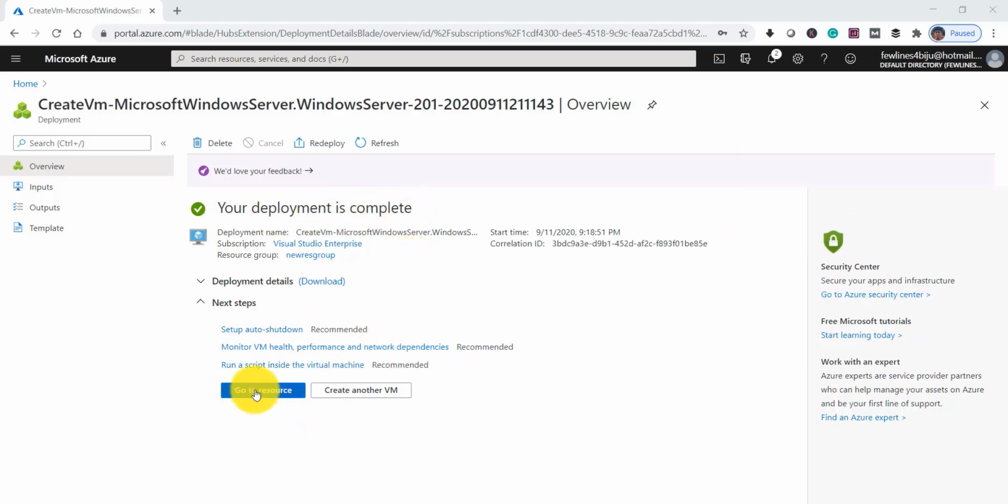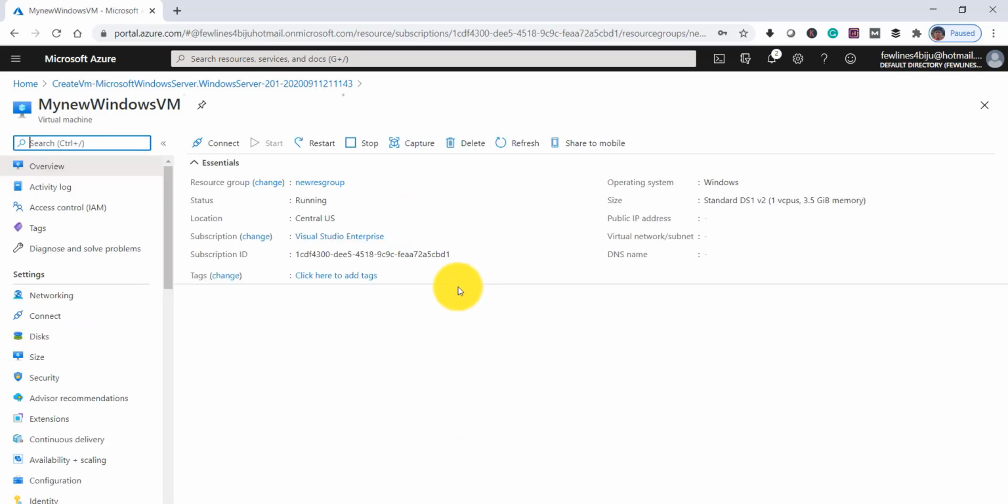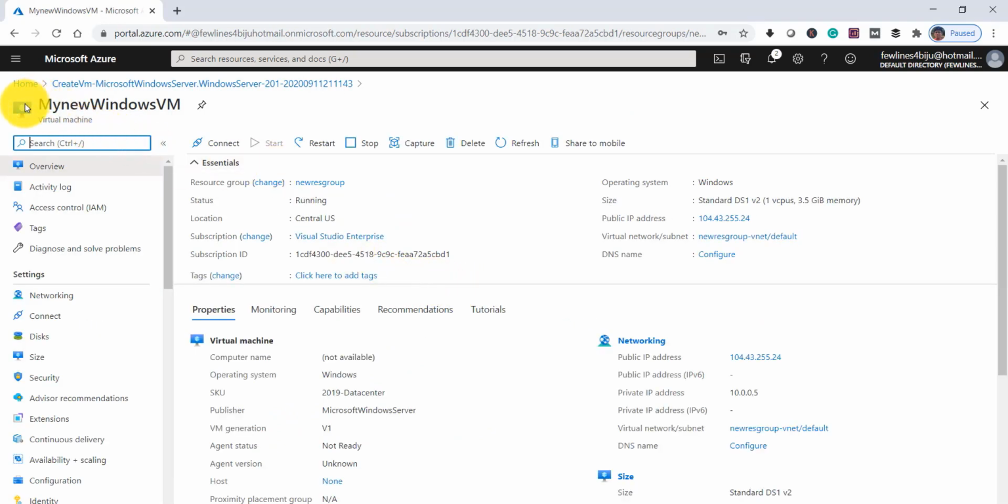Now click here, go to resource. Here it is, your virtual machine. Whatever you have created now, you can see, I gave the name my new Windows VM. You can see there are many options here. You can restart it, you can stop it, and it provided one public IP address.